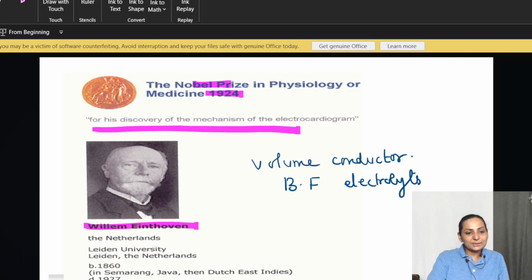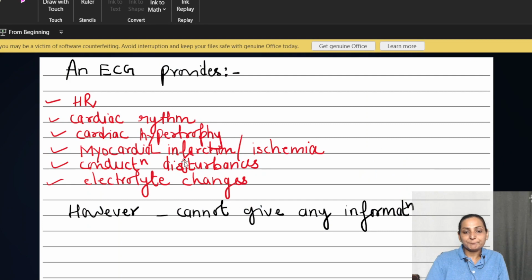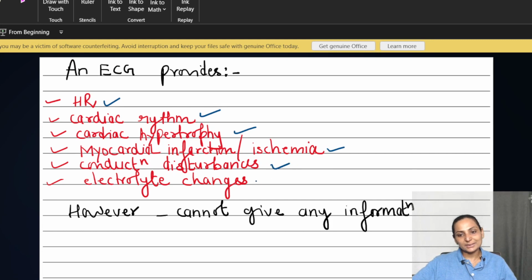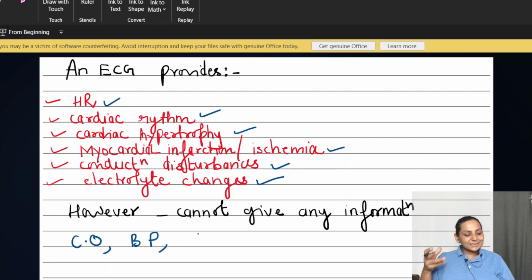what is actually the use of this ECG? An ECG is going to give you an idea about heart rate, cardiac rhythm, cardiac hypertrophy, myocardial ischemia or infarction, conduction disturbances, or electrolyte changes. So if you get a 2 marks BAQ on the uses of ECG, you can put forth these. Remember, ECG cannot give any information regarding your cardiac output or your blood pressure, right? So these aspects cannot be determined by ECG, but it is very important for the aforementioned